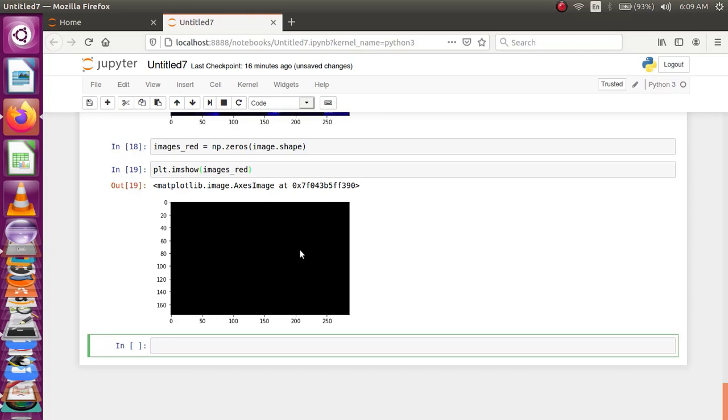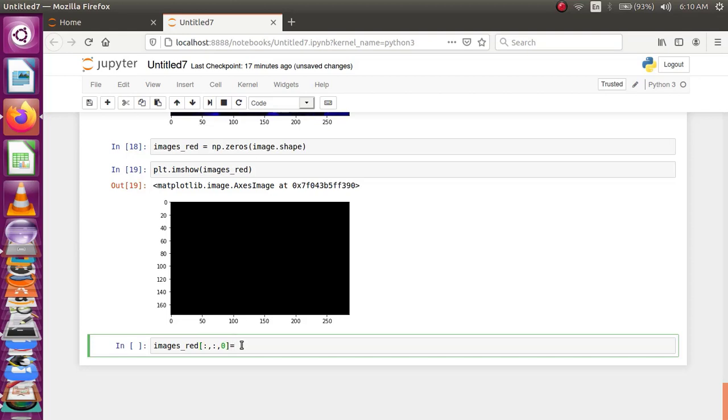Now I am copying only the red channel here, keeping the intensity values as such, copying the red channel from the image.